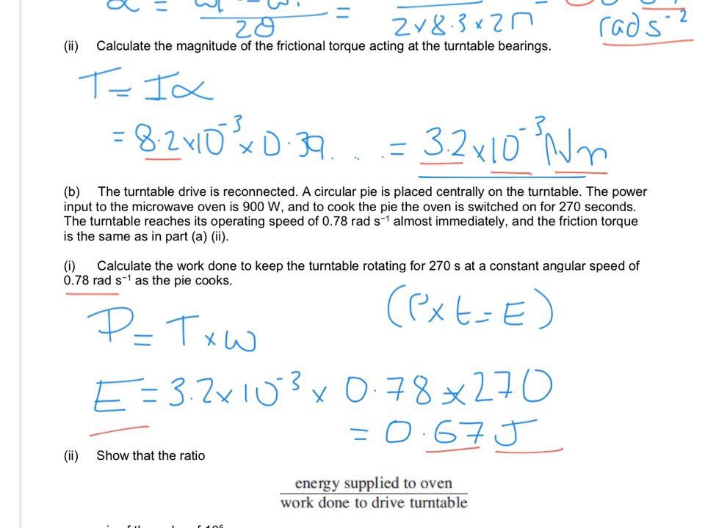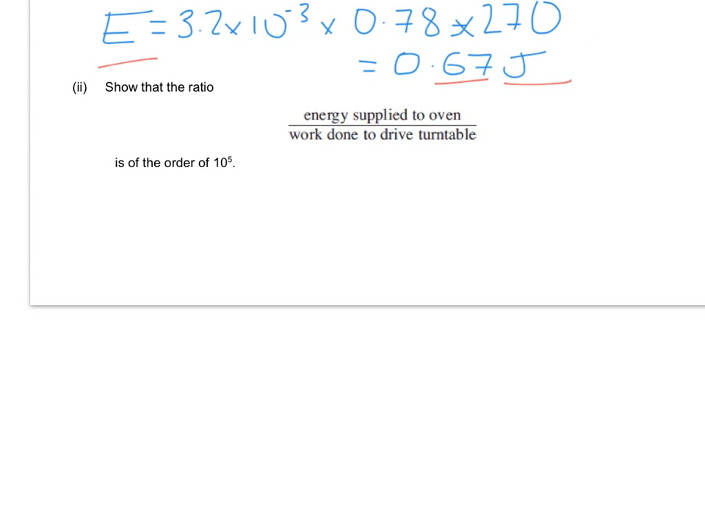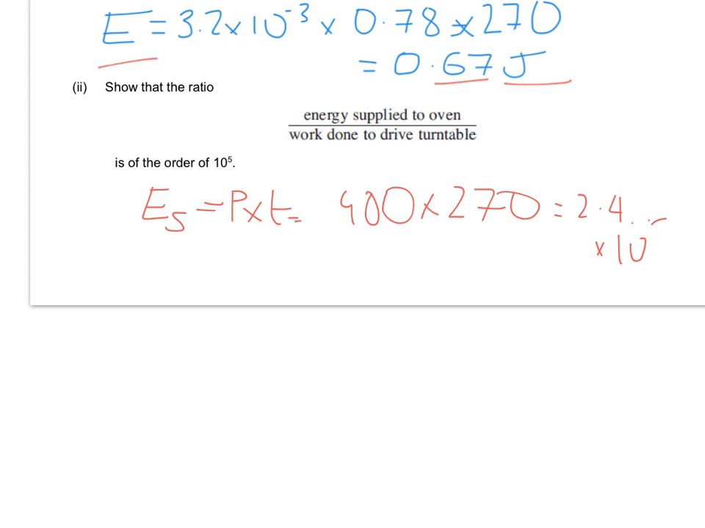So if we go on to the last part, we need the ratio of energy supplied over the work done. So the first thing we need to work out is the energy supplied, which would be the power times the time. It's going to be 900 watts times 270. So then that's going to come out. So then in terms of calculating the ratio,